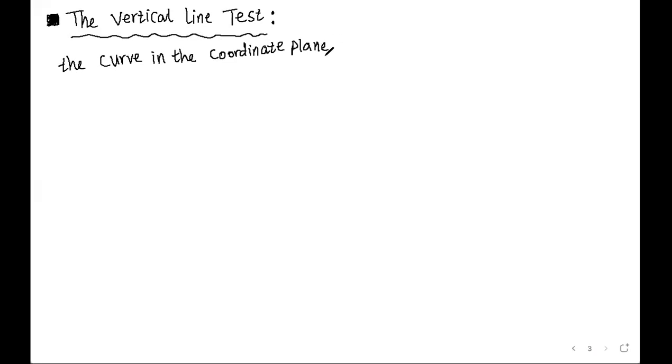I want to check whether this curve satisfies being a graph of a function or not. So the curve in the coordinate plane will be a graph of a function